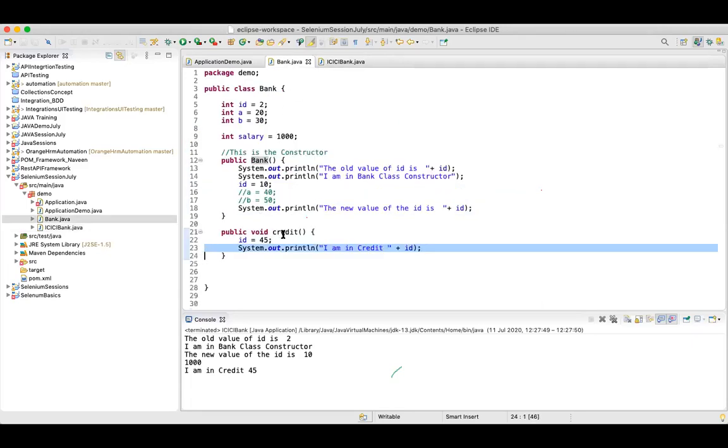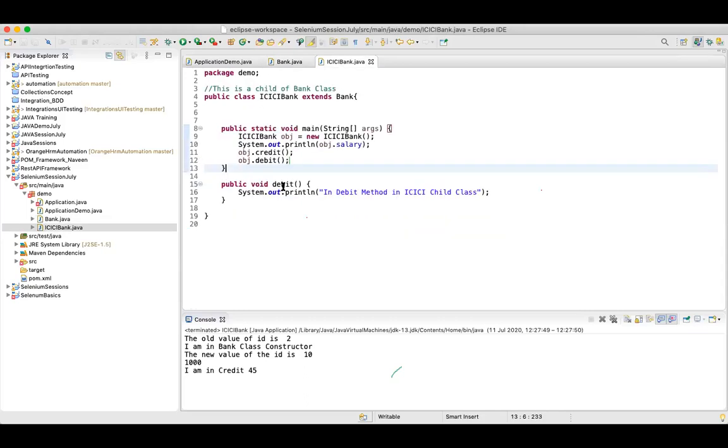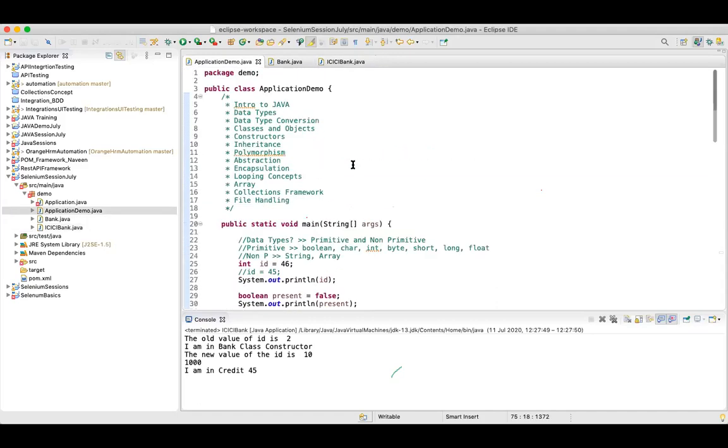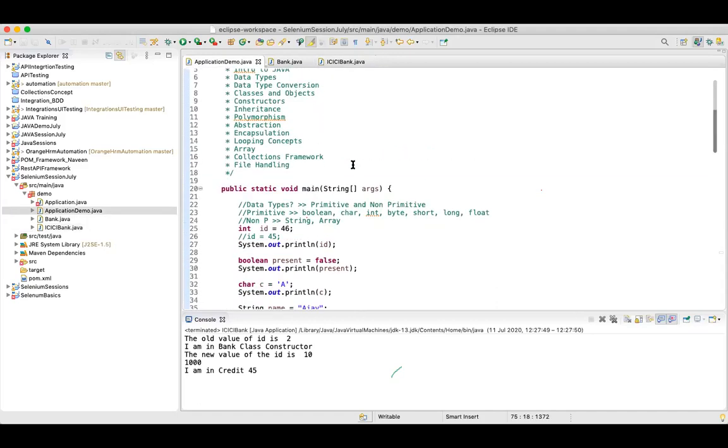Bank had a method credit, so all the child classes of bank were able to use credit. Now there is a method debit in this particular class, so all the child classes you create will be able to access this debit method.